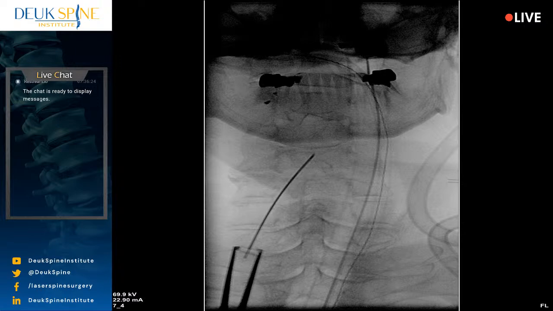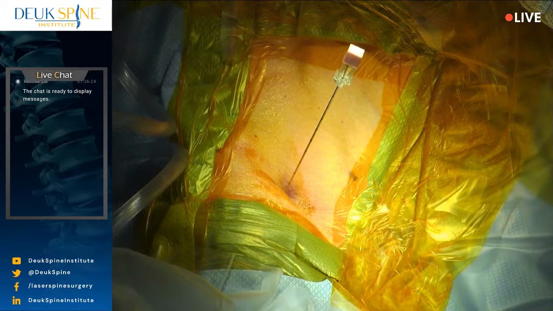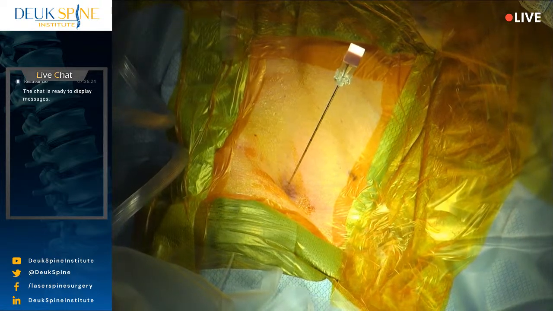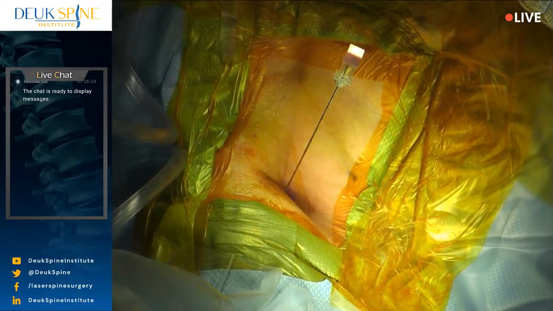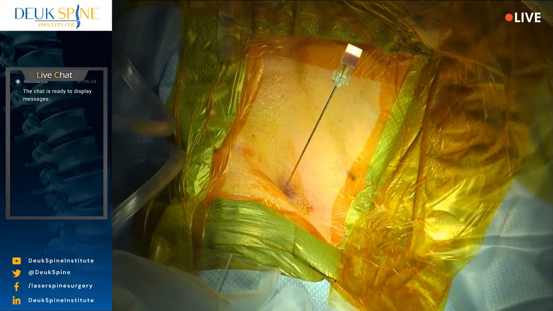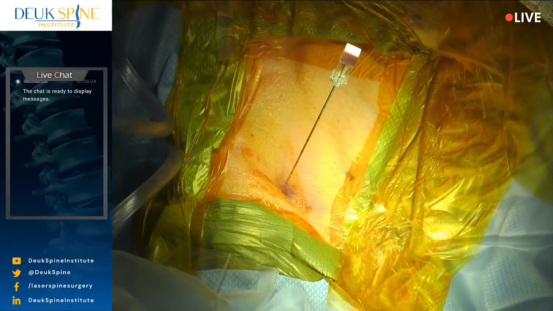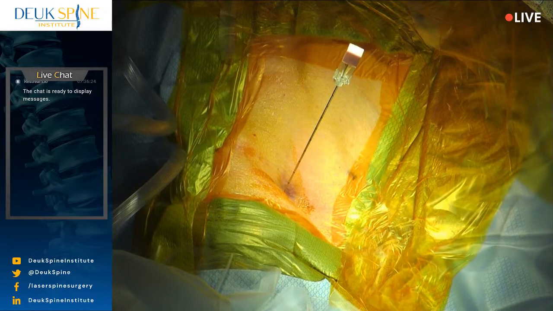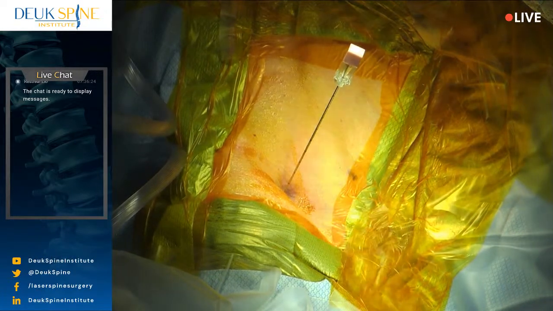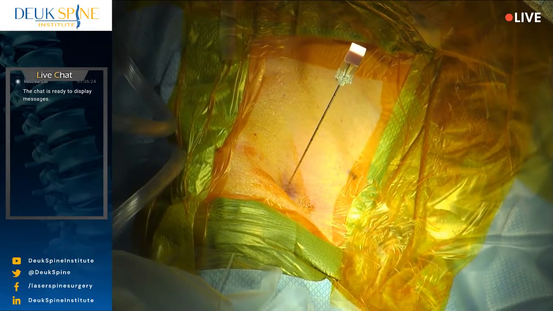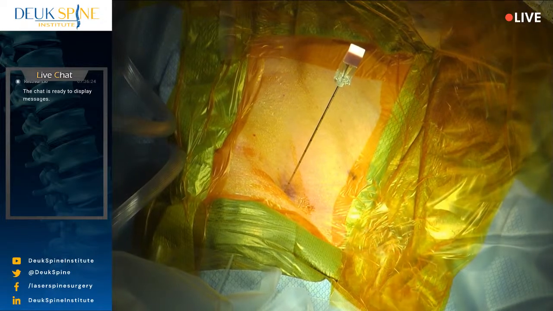All right. So you're watching the most state-of-the-art advanced spine surgery in the world for the most common condition that affects the spine. And let me break it down for you for a moment. The spine is basically bones stacked on top of each other with joints between the bones to allow flexibility. The most flexible part of your spine is your neck, your lower back, and the thoracic spine in between is